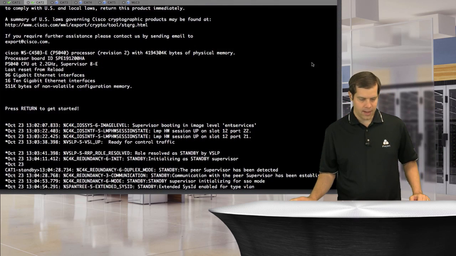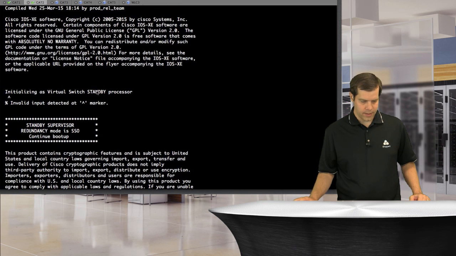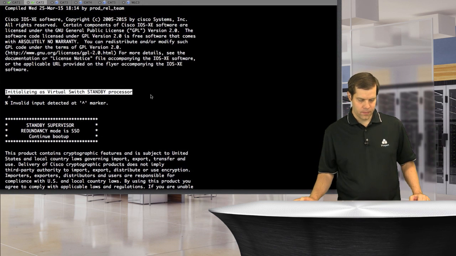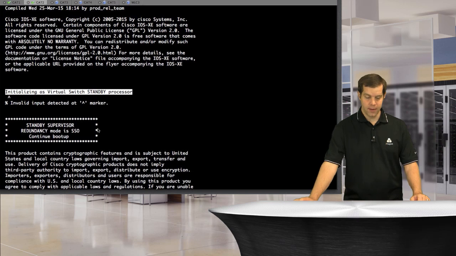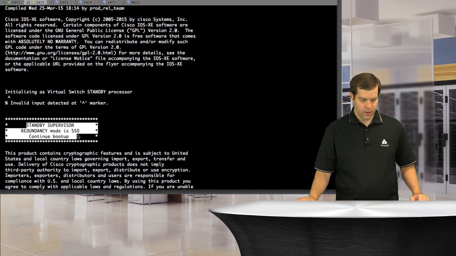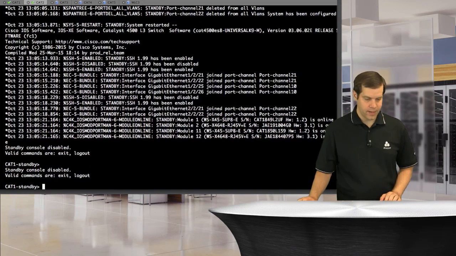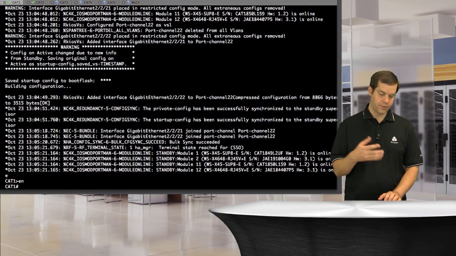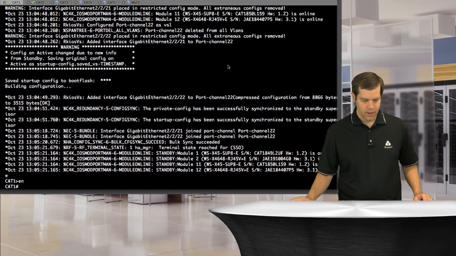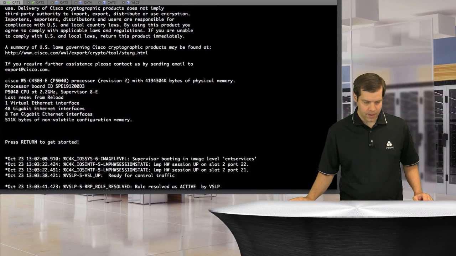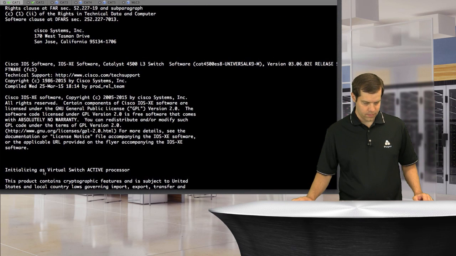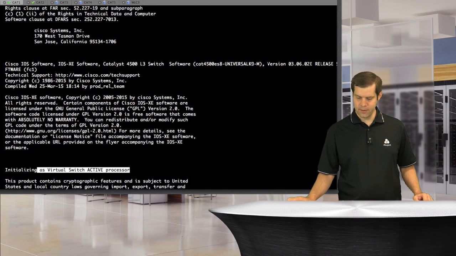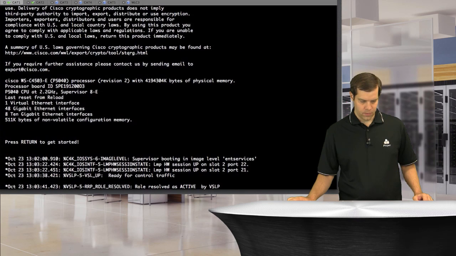And if we look back a little bit at the logs as we went along, we can see that it initialized as the standby processor. There we go. So we see that on the active switch, we can actually do our normal configurations here. We see that it came up as the active processor. It reached out,